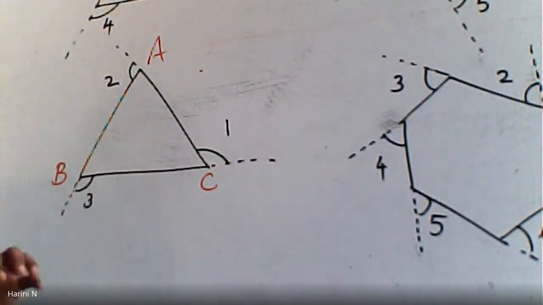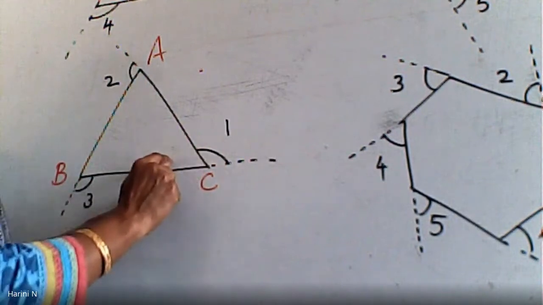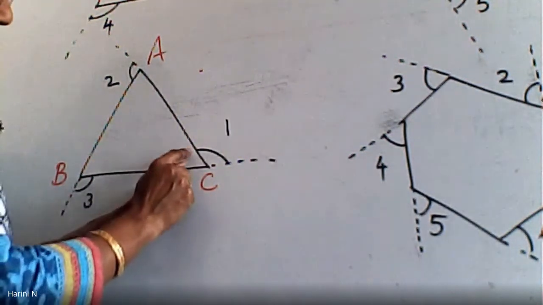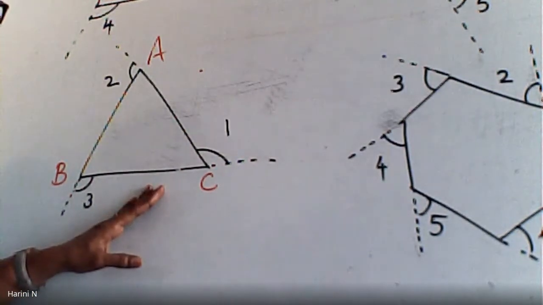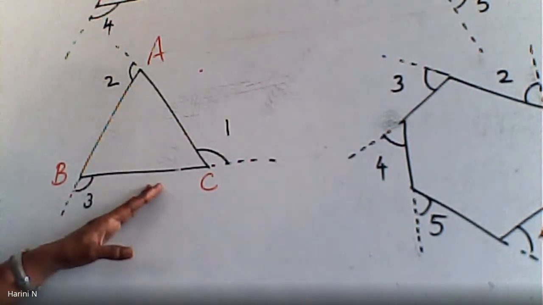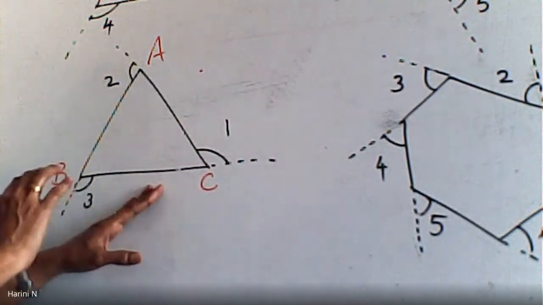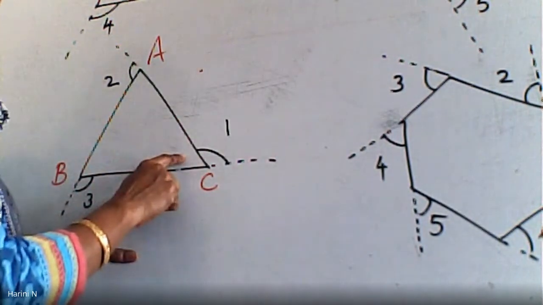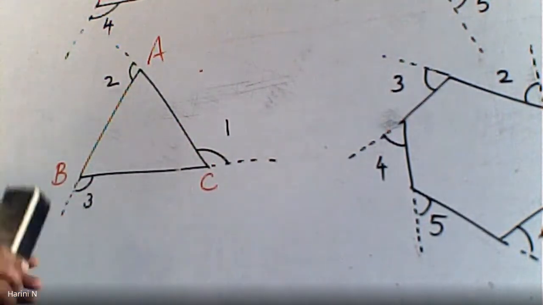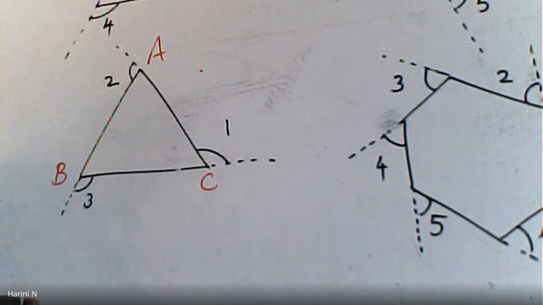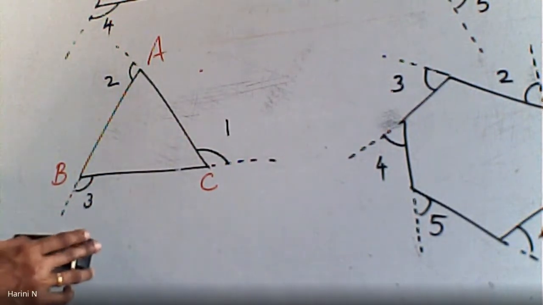I'm sorry, I'm not having the scale with me. So when you want the exterior angle at the vertex C, this is the interior angle. Interior angle is very easy to identify because it is inside the figure. Now the exterior angle you have to be careful because it is somewhere outside the given polygon. So when you want the exterior angle for C, keep your scale along BC. I should have kept the scale. I'm sorry, because I just decided this instantly that I should show it to you.